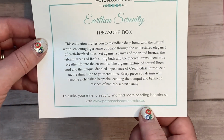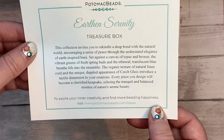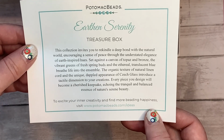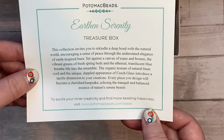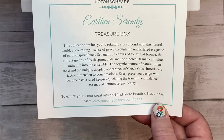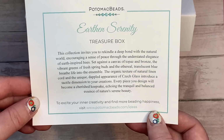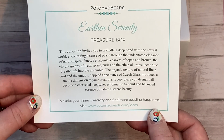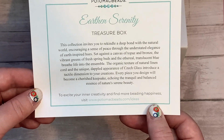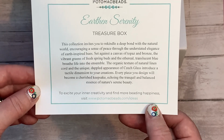This collection invites you to rekindle a deep bond with the natural world, encouraging a sense of peace through the understated elegance of earth-inspired hues. Set against a canvas of topaz and bronze, the vibrant greens of fresh spring buds, and the ethereal translucent blue breathe life into the ensemble. The organic texture of natural linen cord and the unique dappled appearance of check glass introduce a tactile dimension to your creations. Every piece you will design will become a cherished keepsake, echoing the tranquil and balanced essence of nature's